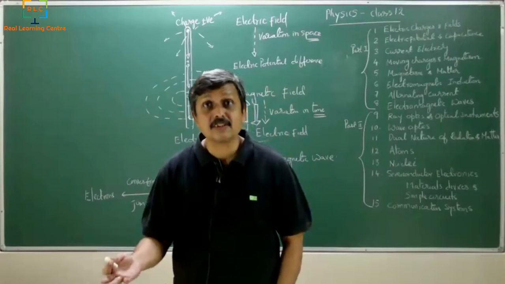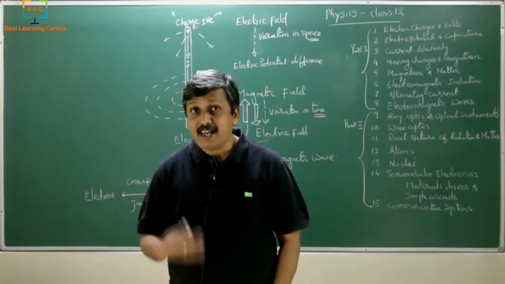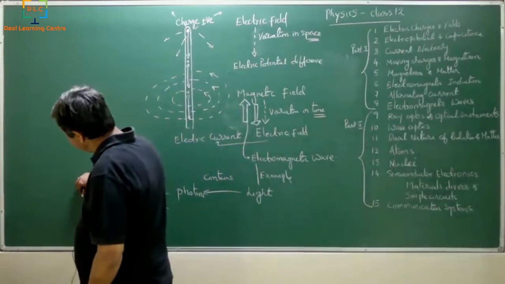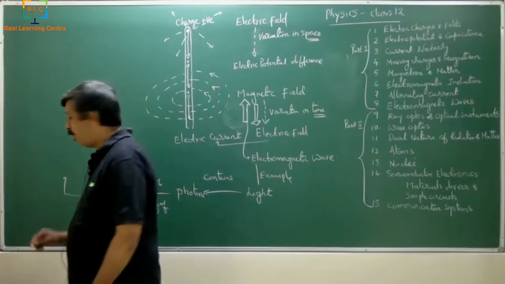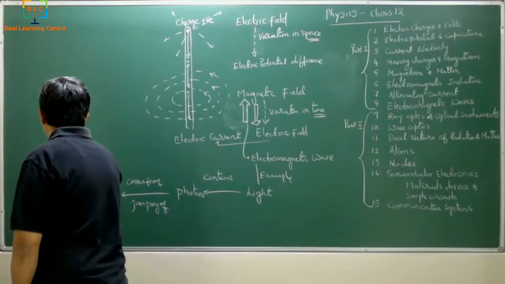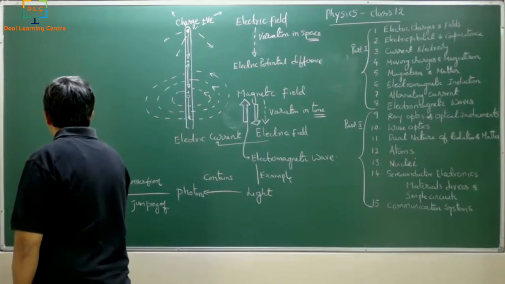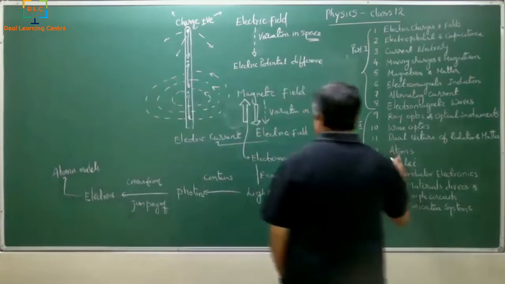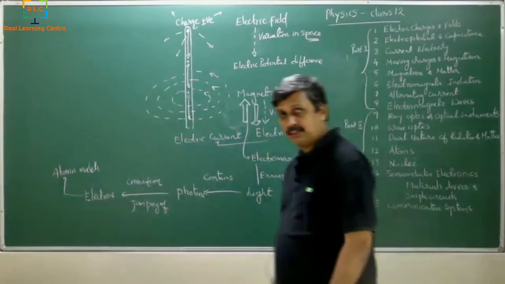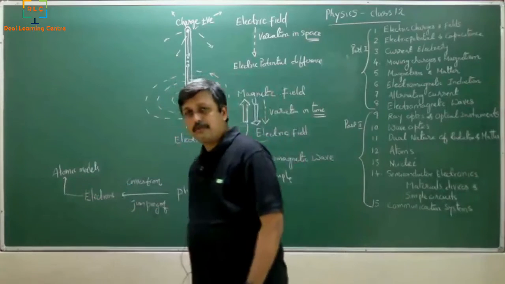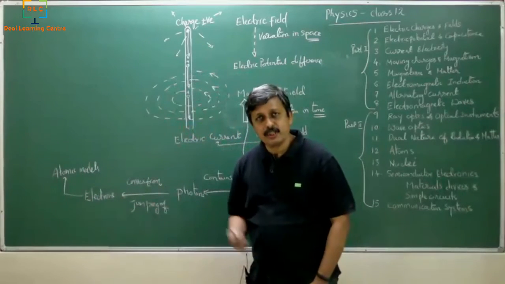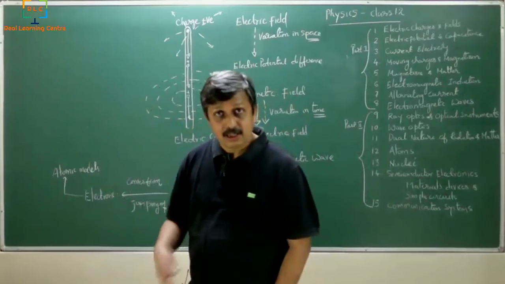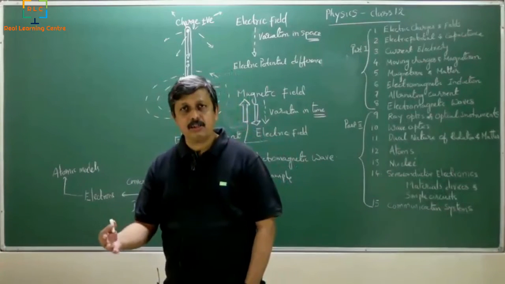What are these orbits? How are they characterized? What kind of orbits? Inside the atom, all that we are going to study is under what we call atomic models, or under the chapter called atoms. So we'll study the atoms from the physics point of view. You must have studied from the chemistry point, a little deeper into it, in a more mathematical form. We'll get into the physics point of view and various models, and how we can construct mathematical models for